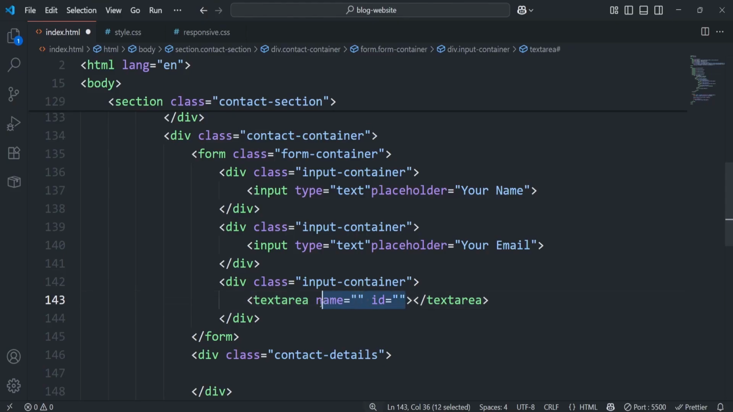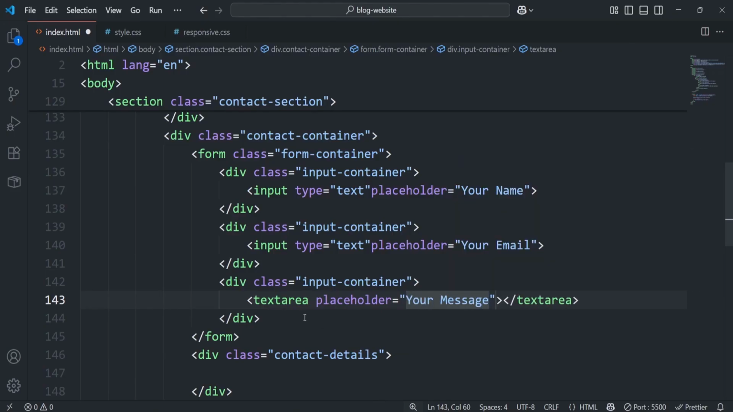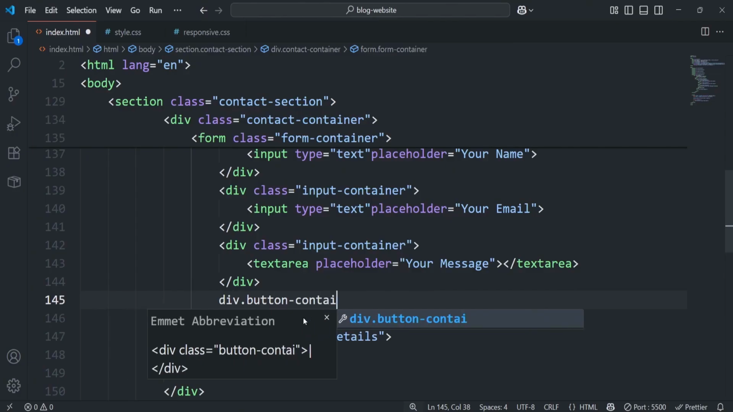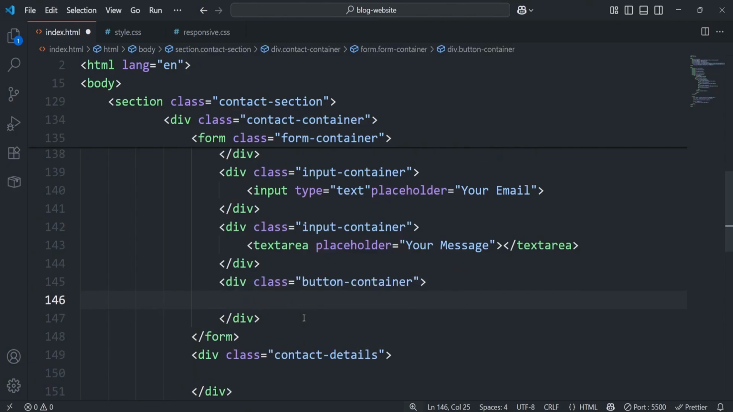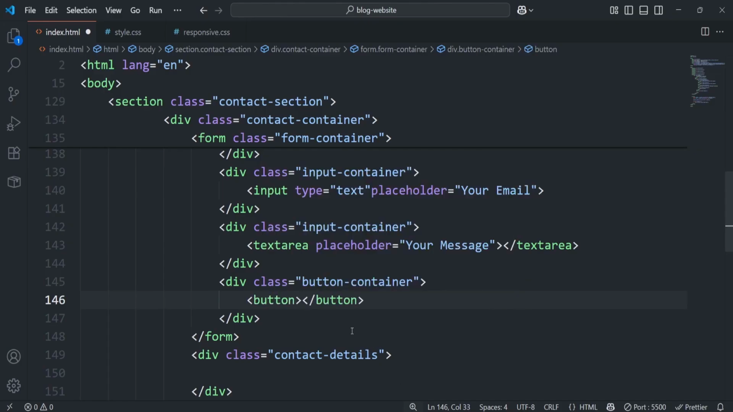That's going to have a placeholder of your message. After that, we're going to have another div. And this div is going to have a class of button container. And inside this button container, we're going to have a button in there. And this button is simply going to say send